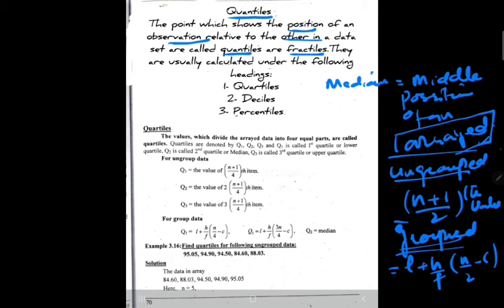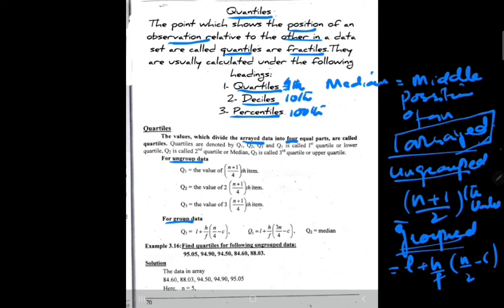Quantiles have three different types. First are the quartiles, the second are the deciles, and the third are the percentiles. As you know from the name, quartiles mean a fourth part of the data, which is divided; data should be arranged. Dividing the arrayed data into 4 equal parts gives quartiles. Similarly, dividing the arrayed data into 10 equal parts gives deciles, and into 100 equal parts gives percentiles. Now we are discussing the formulas for ungrouped and grouped data for quartiles, deciles, and percentiles.